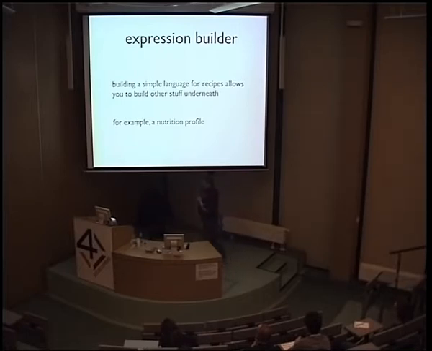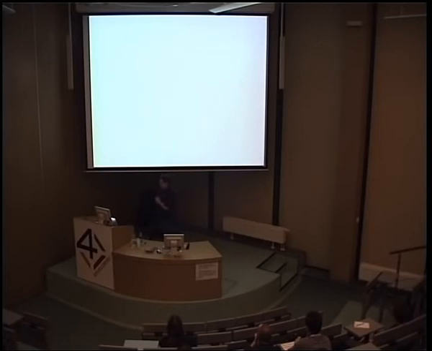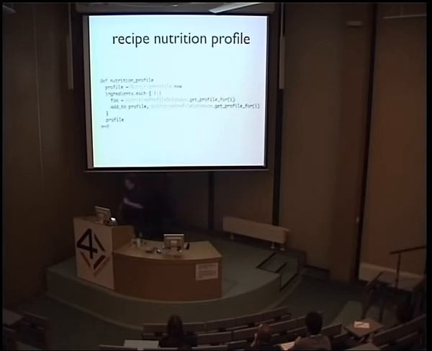So one of the things you might want to do is anytime somebody puts together a recipe with flour and nutmeg and all that stuff, keep track of what the nutrition profile of that recipe is going to be, how much fat and sugars, et cetera, and all that would be completely hidden to whoever's writing the recipe. They just fill out all the ingredients, and at the end, you could say, okay, what's the nutrition profile for this? And that's basically what I'm going to create here, is this nutrition profile that for each one of the ingredients, it gets the profile for that ingredient from a nutrition profile database,